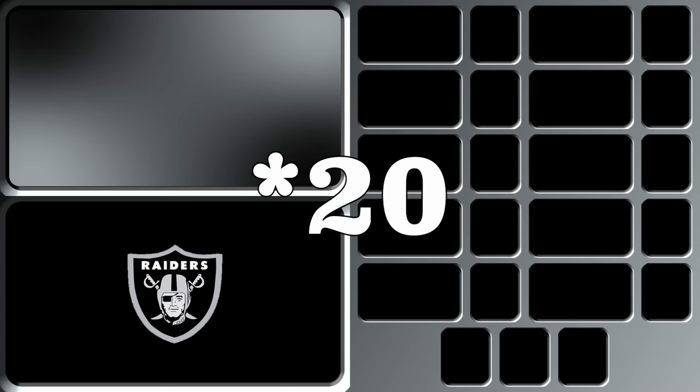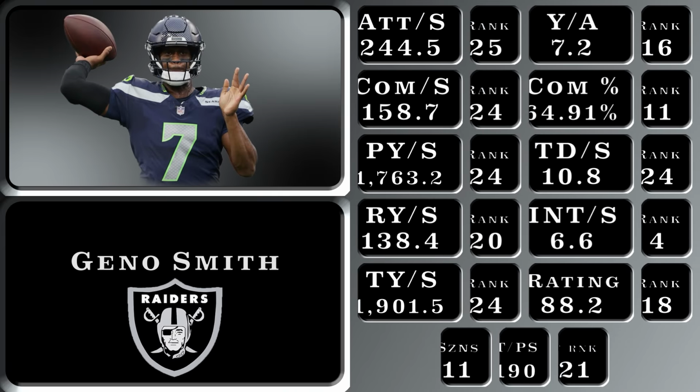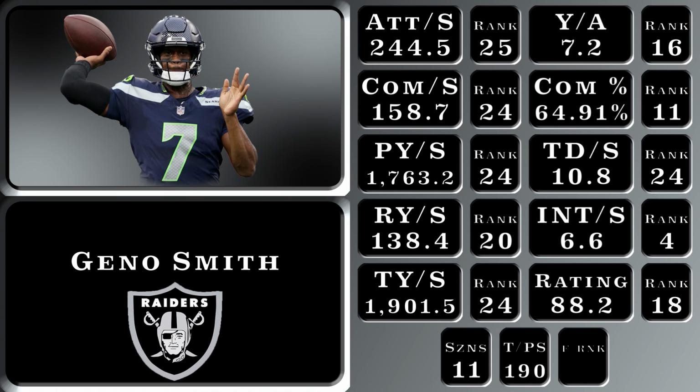Coming in at number 21, we have Geno Smith. Now, despite being in the league for 11 seasons, he wasn't a starting quarterback for many of them. It wasn't until he went to Seattle that he really took off. Unfortunately, due to his inconsistent play, most of his passing stats are near the bottom of the league on a